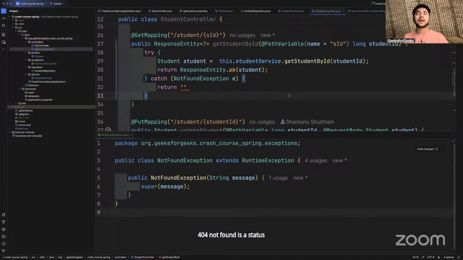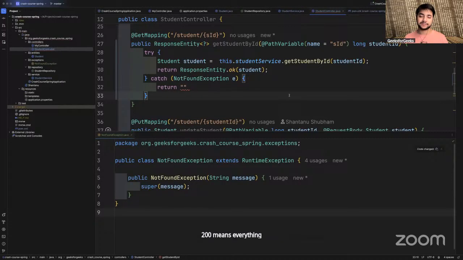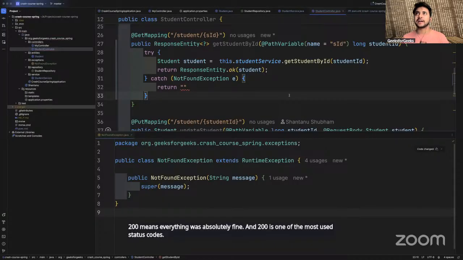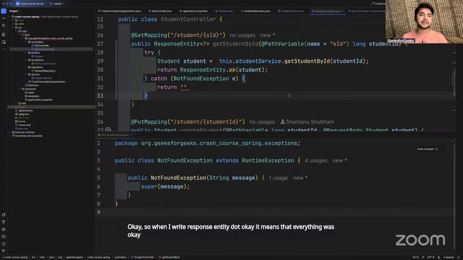Just like that, 200 means OK, that everything was absolutely fine, and 200 is one of the most used status codes. So when I write ResponseEntity.ok, it means everything was okay. As a backend engineer, because I am sending the response, it is my responsibility to tell what the status code is.